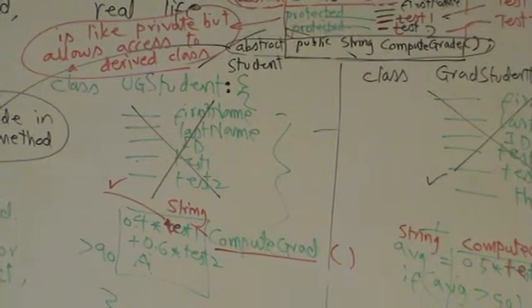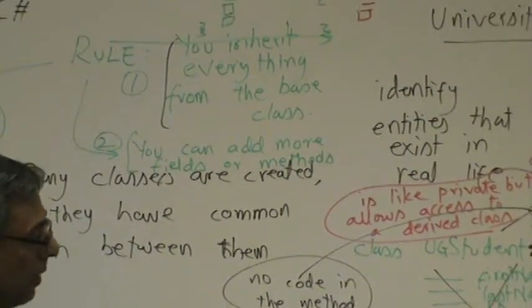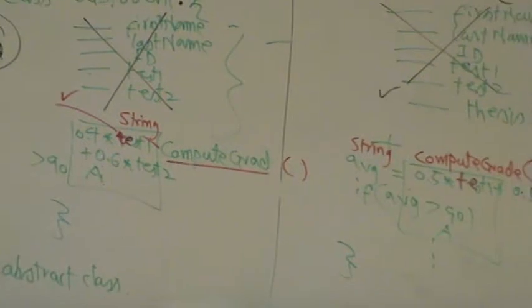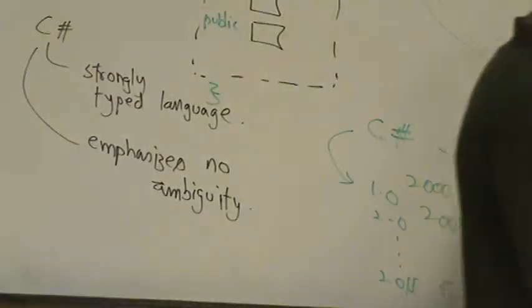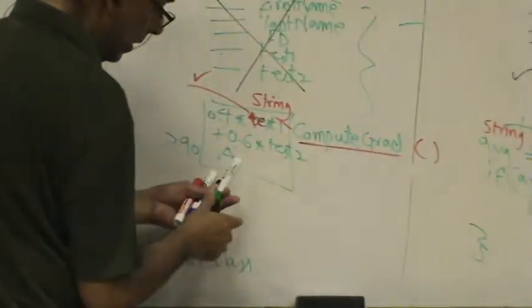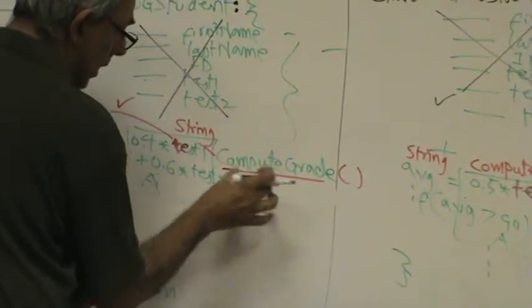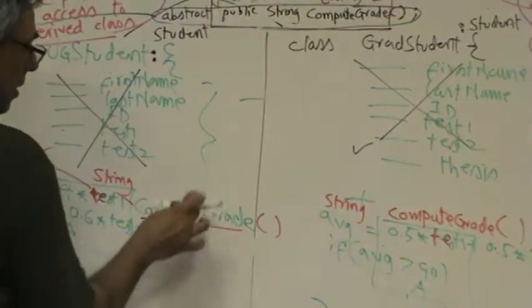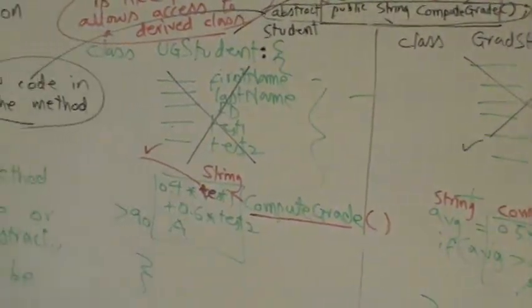Remember, can we add something new? Yes, we can add more fields, right? So to prevent any mistyping you may possibly have, and again, coming back to eliminating any ambiguity, C# requires that if the goal was that this method is actually the method that you are inheriting, and now you are providing the real code for it,